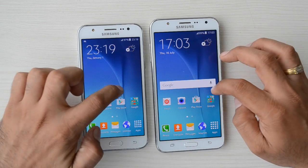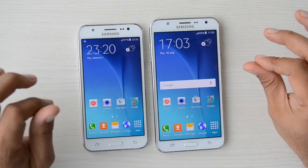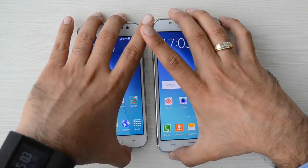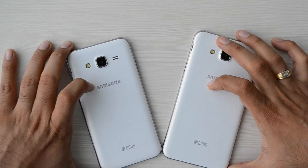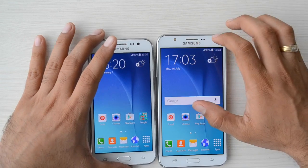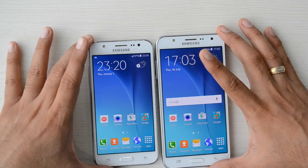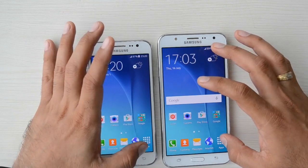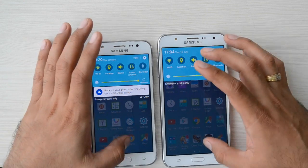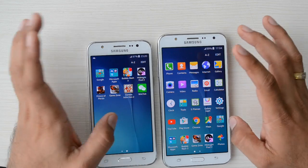These phones have more similarities than differences, and I'll talk about similarities first and then we'll talk about the key differences. Similarities include that they both have 720p Super AMOLED display. They have same cameras at rear, which is 13 megapixel with autofocus and LED flash, and a 5 megapixel camera at front, and both phones sport a front facing flash as well, so you can take selfies even when it's very dark. Both phones are running same OS. They are running Lollipop and they are running the TouchWiz UI on top of that. In terms of software, they are equally loaded and they are equally good when it comes to display quality and